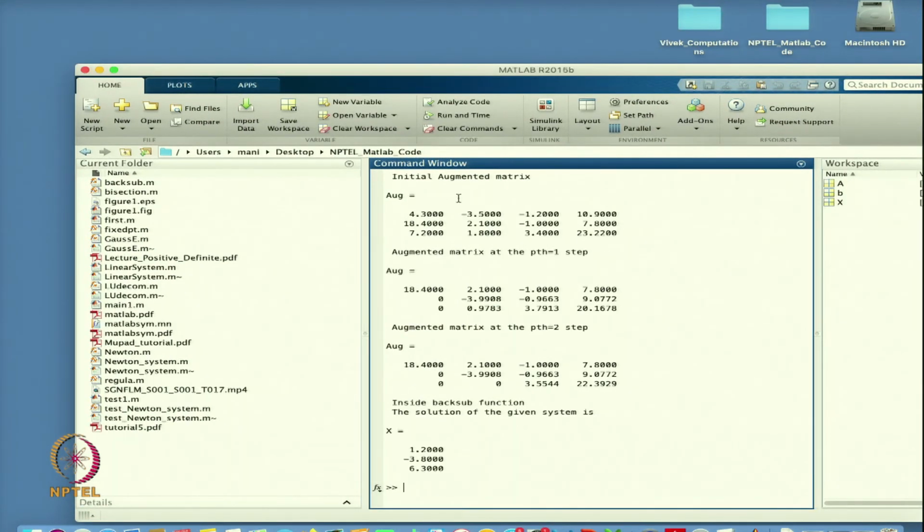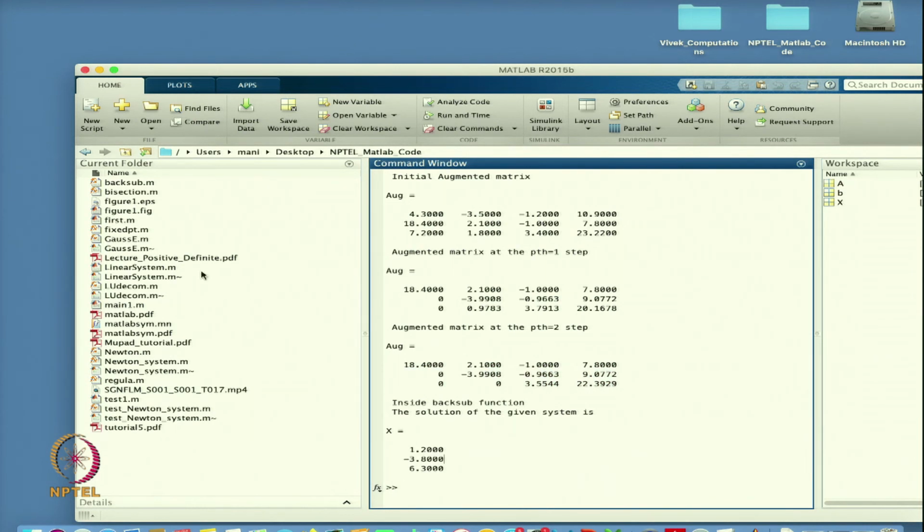So, my initial augmented matrix is this one, basically that is my system. At the first step, because in this case only 2 steps are needed, the first step will give me this value and the next step will give me this value. So, this is the upper triangular matrix and then I will use back substitution and that is my solution.